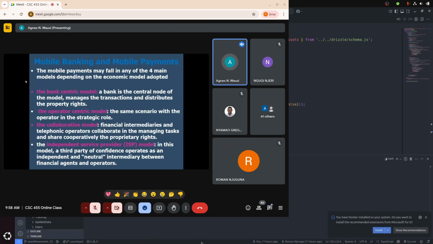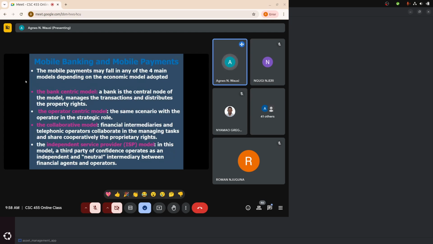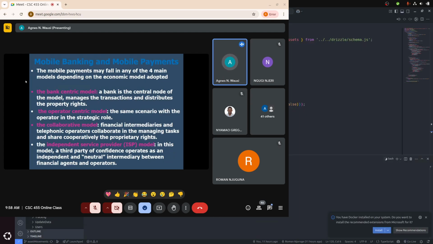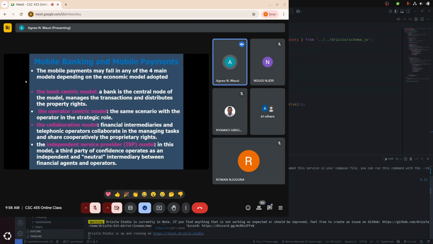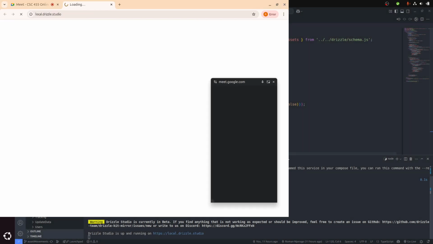If you think about Pesalink, for example, you find that sometimes Pesalink is independent. And so maybe when you're transferring money from one bank to another bank, I have seen that instead of each bank deciding to build their own ISP, they actually use whatever gateways are already there. It might be cheaper than having to start building your own technology all over, and yet the technology is already there.